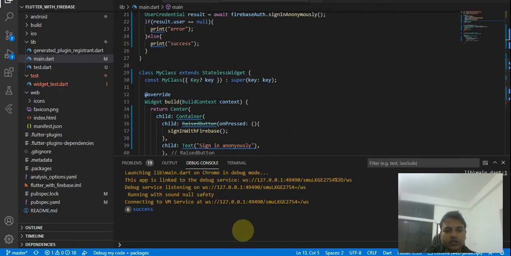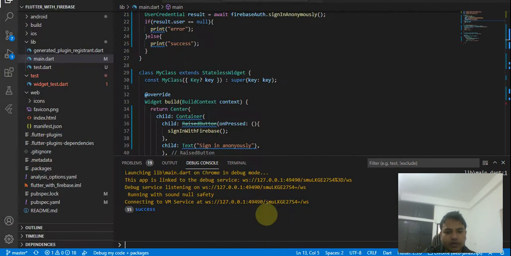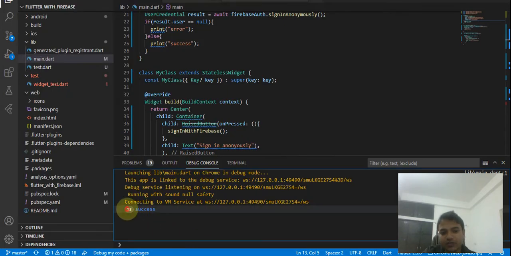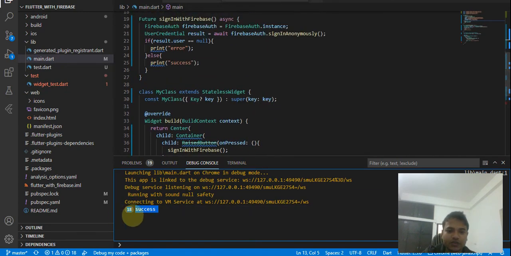Let me click one more time here. I click multiple times and wait, and now you can see 6 became 15. Now I'm going to click again, and here you can see the 15 became 18 because I clicked three times. Actually we have played 18 times here and 18 success messages have come. It's not printing on a new line, it's printing just the number of how many times it has been printed.